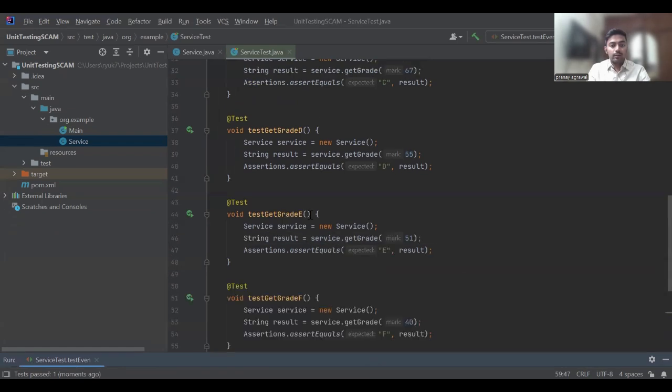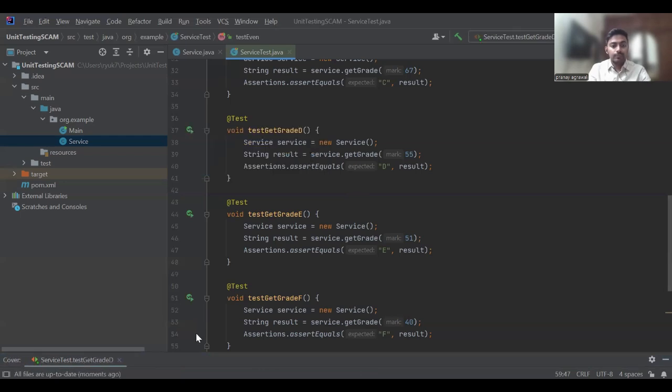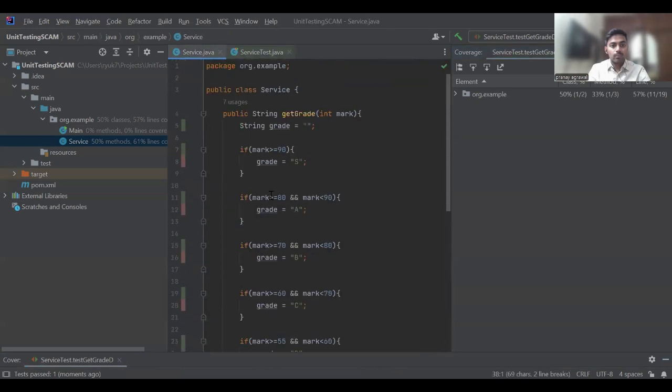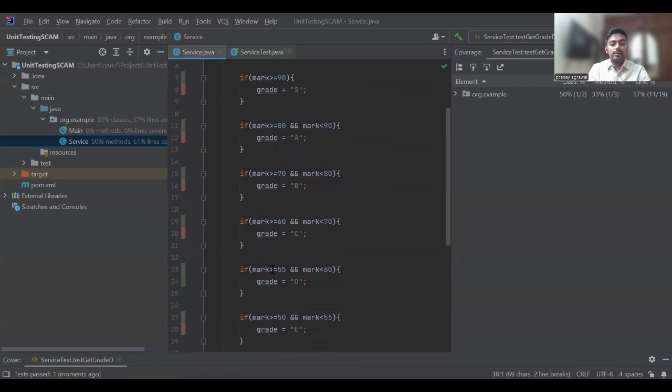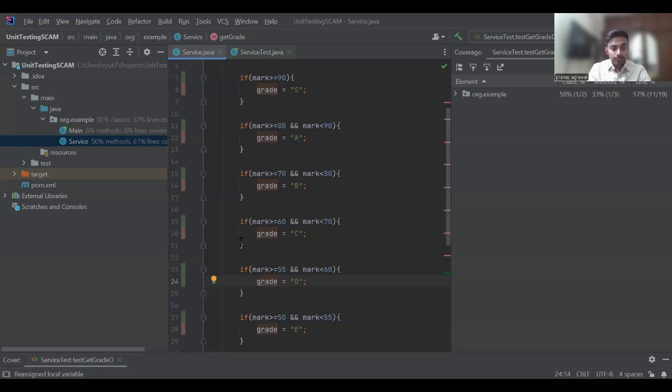Now let's look at a new way of running a test case, which is called run test with coverage. When I run this test, I can see which part of the code has been executed. The test case which I ran was testGetGradeD, and as you can see,